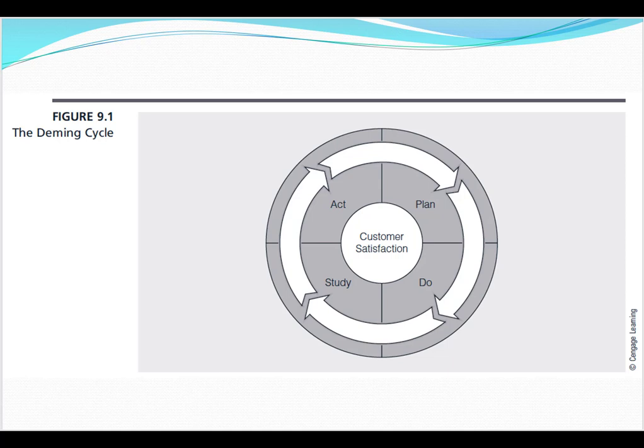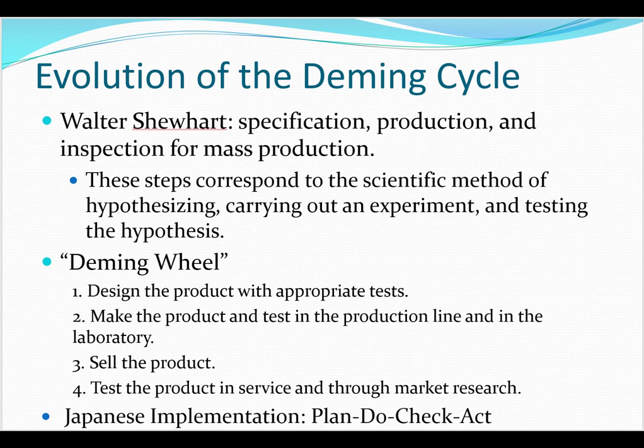At the root of all of those is essentially the Deming cycle. Now, Deming created this wheel. They call it also the Deming wheel, and it's plan, do, study, and act. And as you can see, at the heart of it is the customer satisfaction. This actually started by Walter Shewhart many years ago, but then Deming sort of modified it, and he said, when you have,